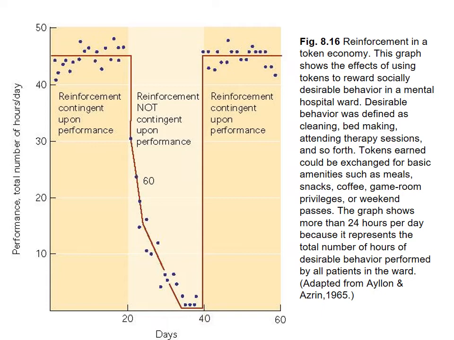But let's say the person was walking down the hall and they were given a token even when they didn't do any of these desired behaviors. The behaviors actually dropped off rather significantly and rather quickly because people realized that it didn't matter if they attended therapy or if they cleaned their room or if they ate lunch in the communal area, that there was a chance that they would get a token that would allow them to get the same rewards without having to do any of the behaviors that maybe they didn't want to do. And so all of those behaviors died off. The minute that the rewards became literally contingent upon the performance of the behaviors, you see the behaviors go right back up to high rates of response.